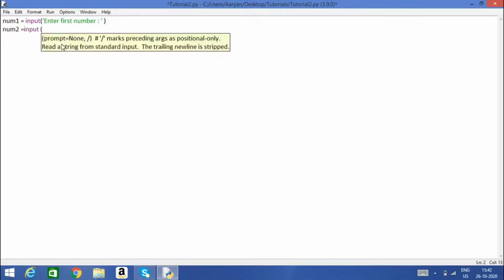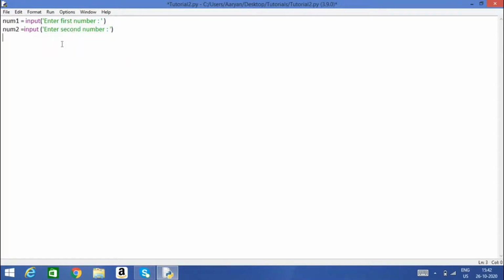Input, and there will be "enter second number". Okay, now there would be a third number.